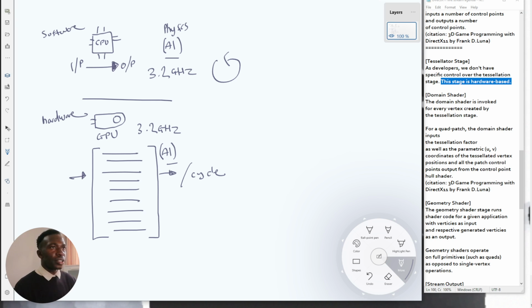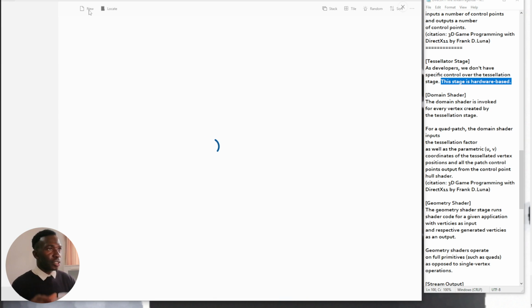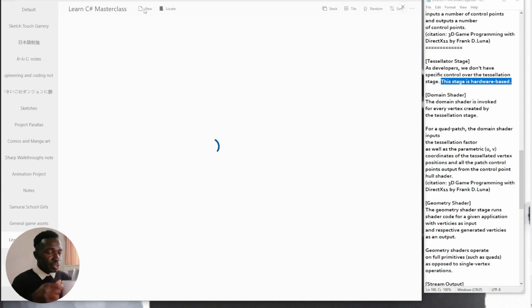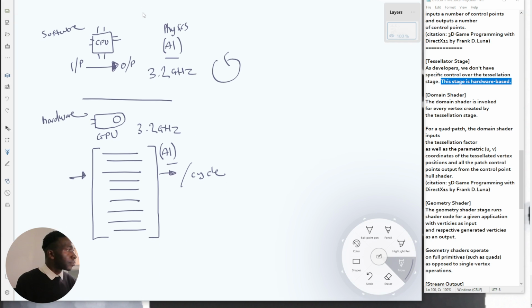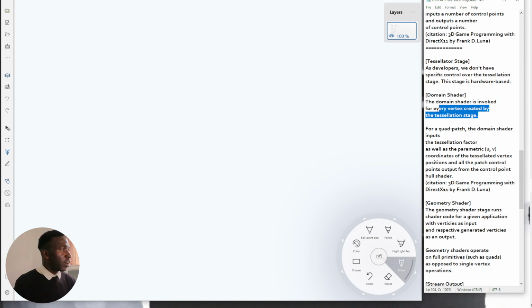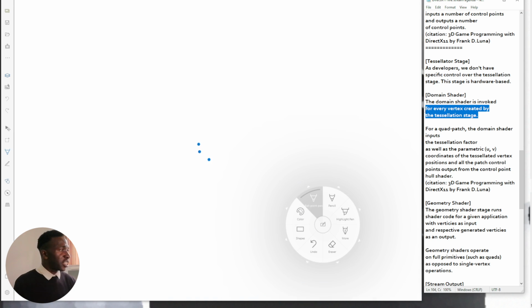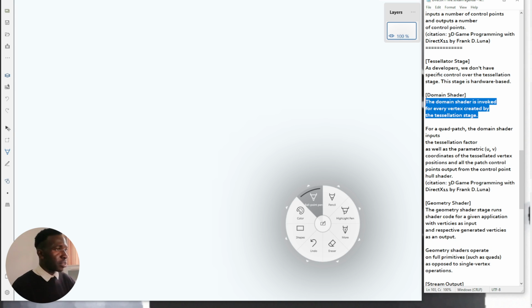Clear the screen, and I shall make another page. Excellent stuff. Where are we now? Did I go over the domain shader? Okay, so I described the fact that the domain shader is invoked for every vertex created by the tessellation. I don't think I really dived into this. So I spoke about the hardware-based approach. So the domain shader is invoked for every vertex created by the tessellation stage. So the thing is,